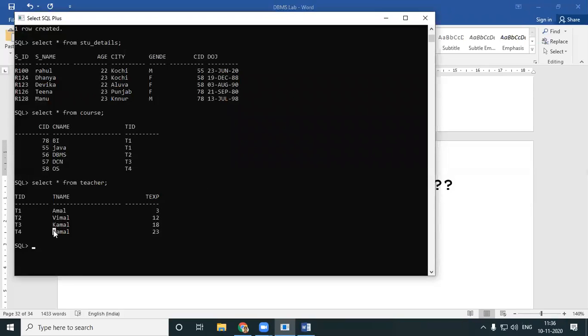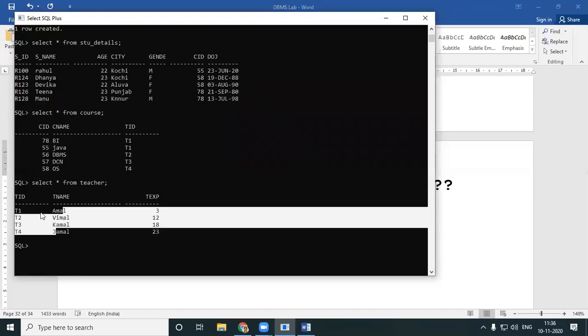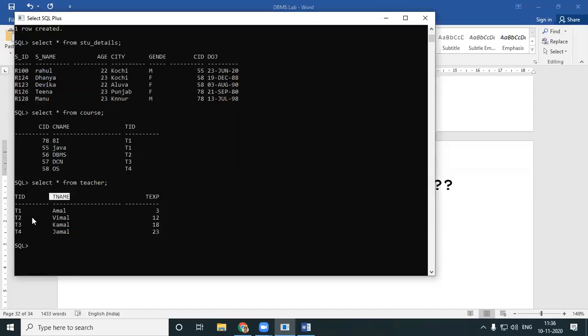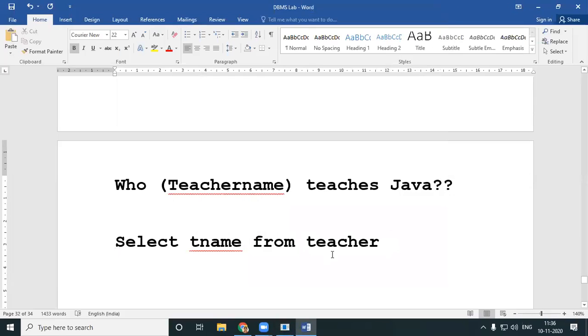Okay, you need to get the teacher name. So I write select T name from teacher, but you have to satisfy this particular condition. Where, through whom do you do the connection?